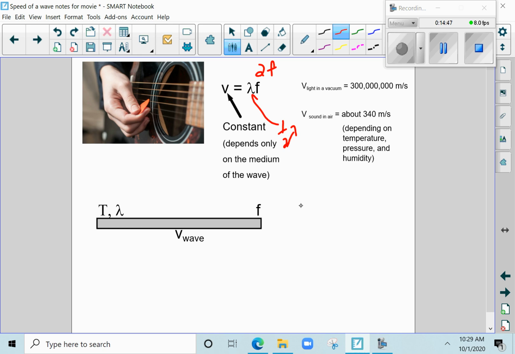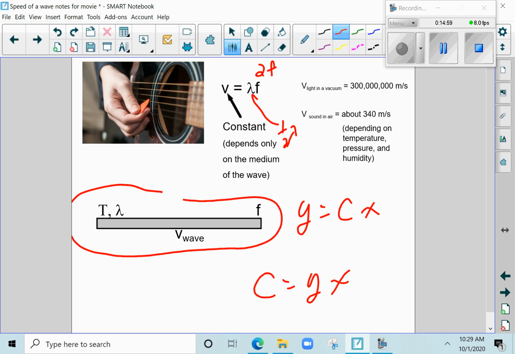This is not the equation where y equals some constant times x. This is actually an equation where a constant equals y times x. A little visual that you can use to help yourself is a little seesaw, where I have period and wavelength on one side, frequency on the other, and my speed is in the middle. And this works exactly like a seesaw,